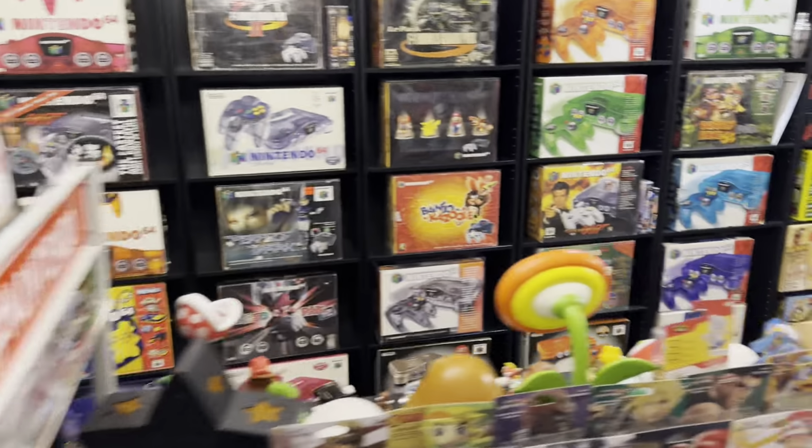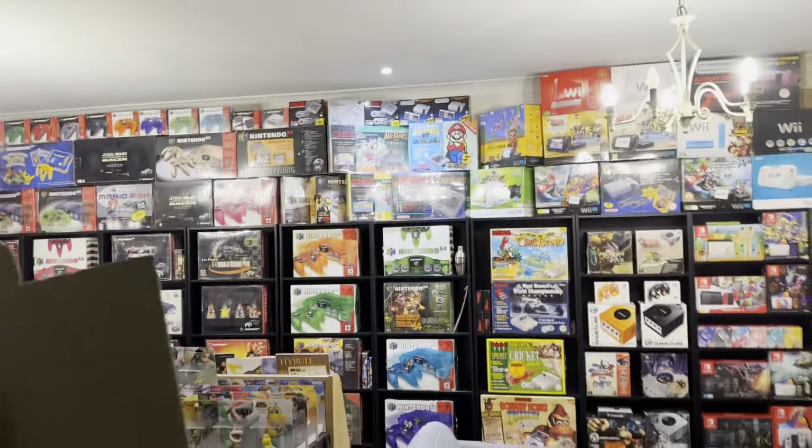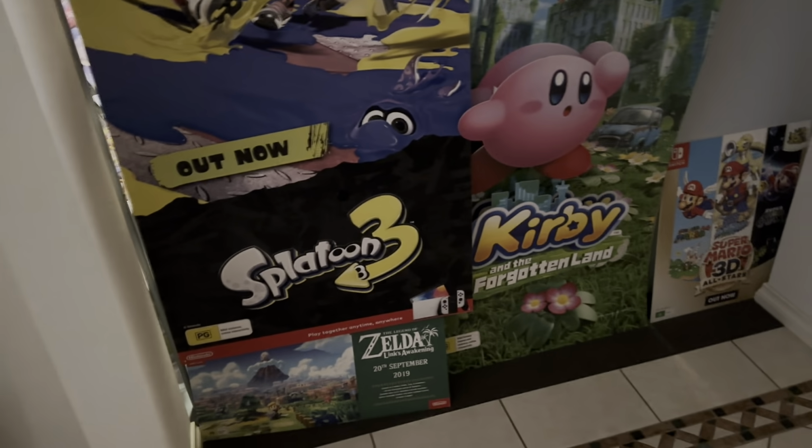Actually, I might show you one last thing. So this is the lounge room, yeah? There is a door there, but I've blocked it. So I've only got one door now. It's a bit dark in this room because the hallway light's on, but we'll come out of my collection room. That's the main entrance now. And there's the decanters. Look at that, yummy. It's very dark in here, but that's a room here, right? That's the other entrance to the lounge room. But I've just put some random